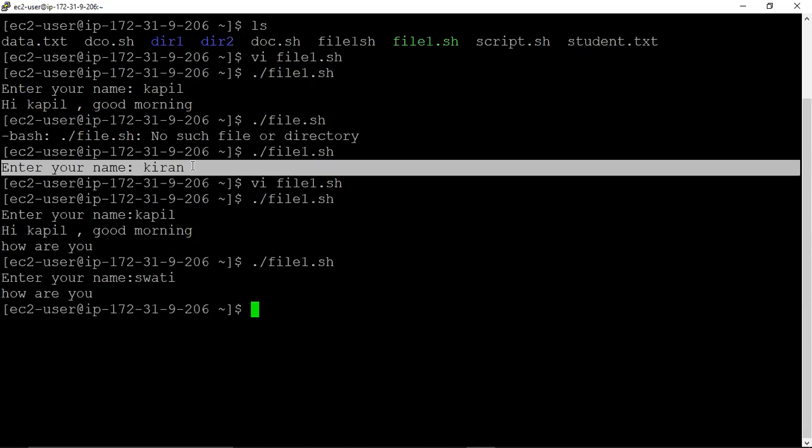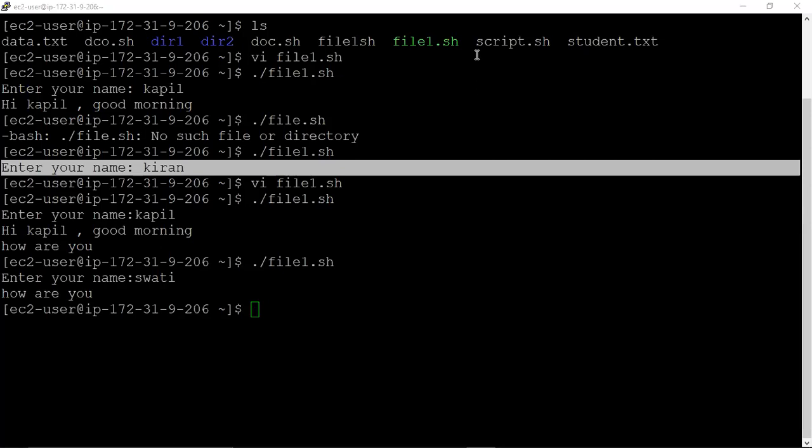Now for Kiran also, if you want to show some message for him, then you have to provide action 2 also. If condition 1 is true, action 1. If it fails, then you have to provide action 2 when condition 1 fails.